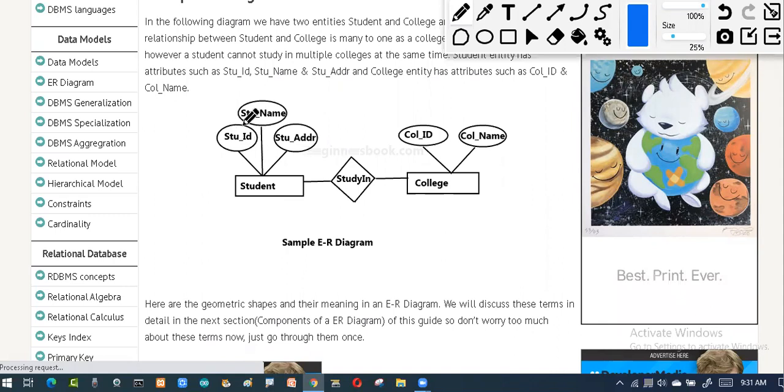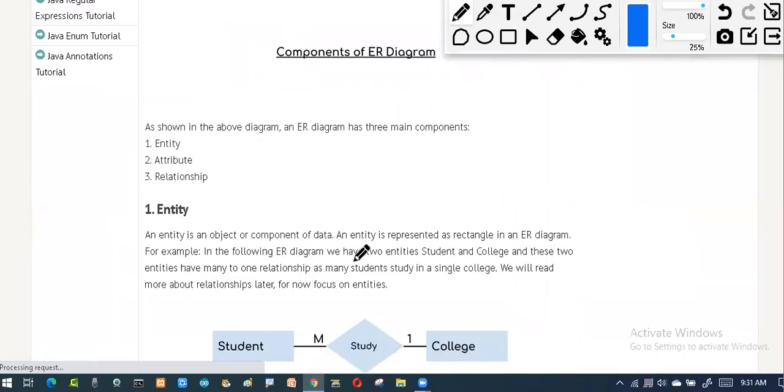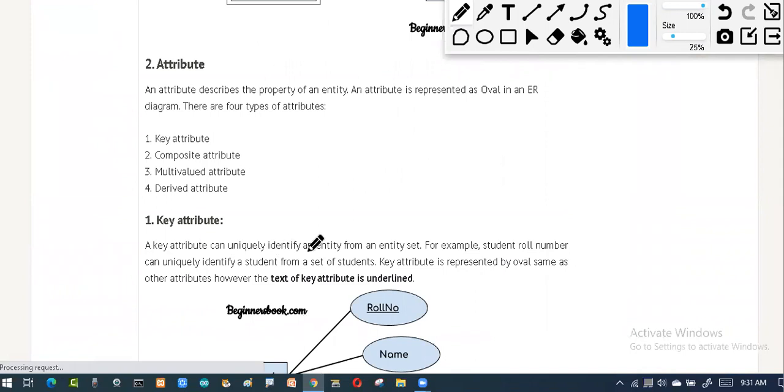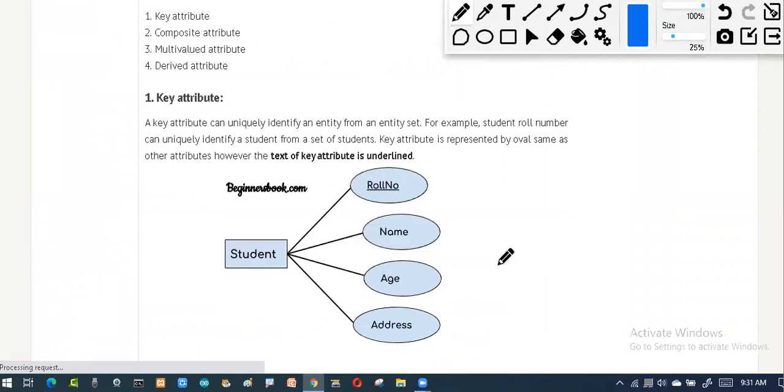Okay, so we have a lot of attributes, and among them we are able to trace out which is the key attribute. That is the definition of the key attribute: it can be uniquely identified from the entity set. So how will I represent it? If this is a student, I have the name, address and all the things, and I have the roll number. I will identify this by an underline. Among all the attributes, whichever attribute is underlined is called the key attribute.